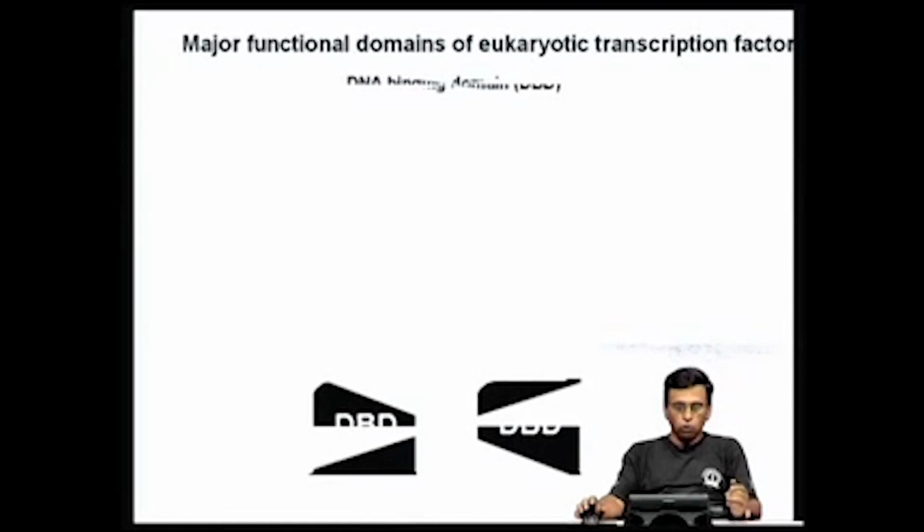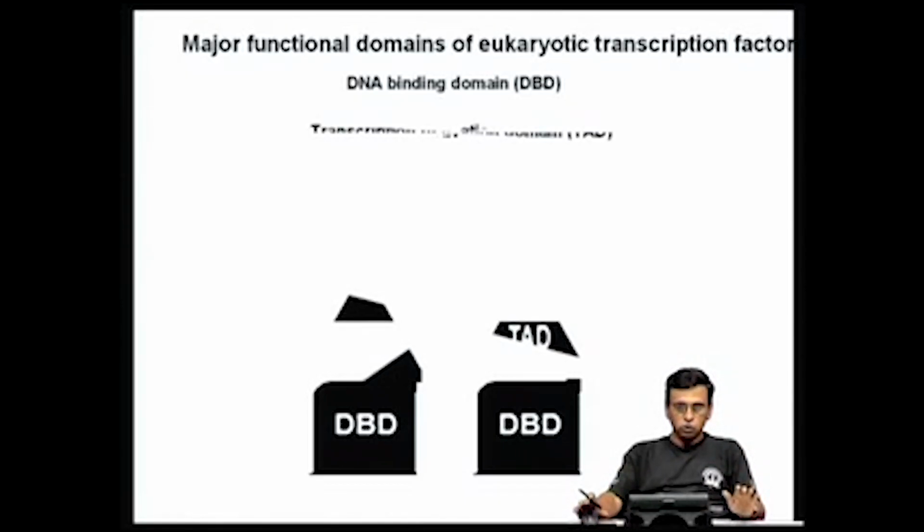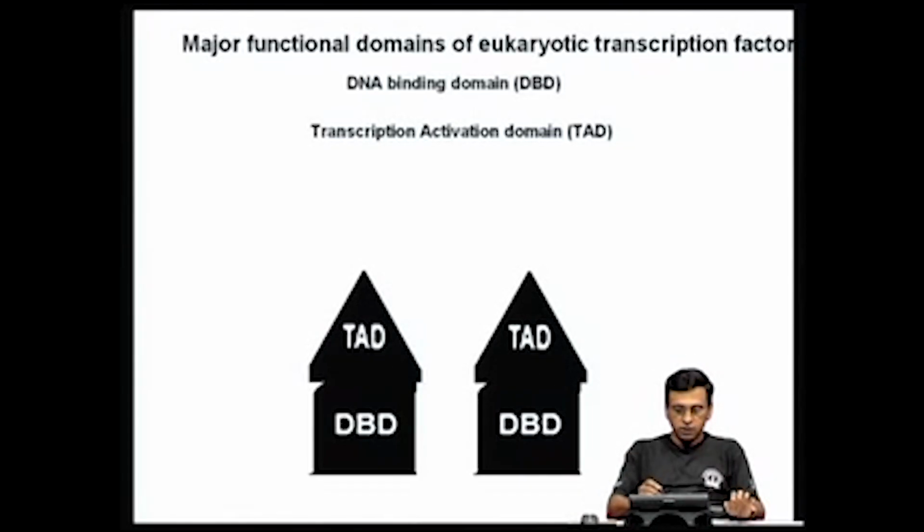What I told you in the last class is that eukaryotic transcription factors contain a DNA binding domain, and it is through this DNA binding domain that these factors are able to go and bind to specific sequences in the upstream region of various promoters. This sequence specific binding of a transcription factor to the promoter is the first step in eukaryotic gene expression, in the transcription activation process. So today we are going to focus on the transcription activation domain, which is another important key domain in